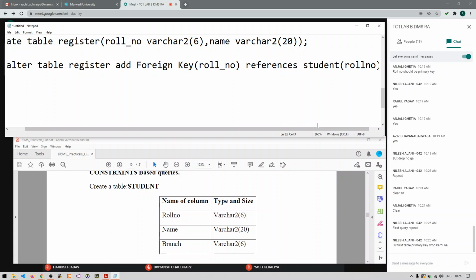Yeah, Nilesh, we already dropped the primary key, but we are assuming that we have not dropped the primary key, and we are working on that. We are assuming only. Now is it clear, everyone? Any doubts?